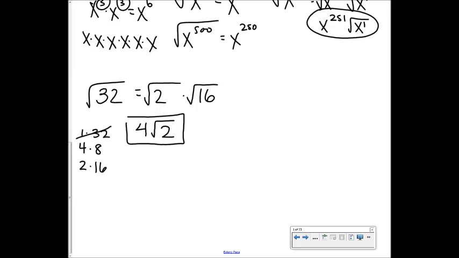Now, could you put that in your calculator and turn it into a decimal? Absolutely. But we're not here. The whole point is that we're not writing them as decimals. These are simplified radical forms. Okay? So what about